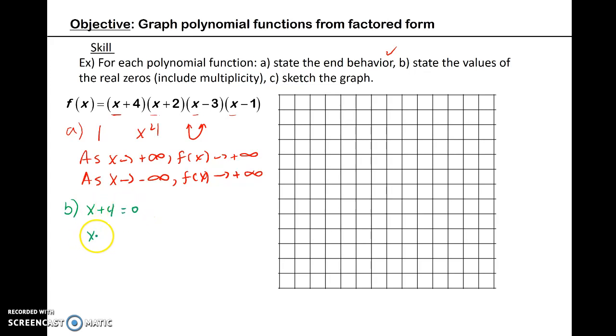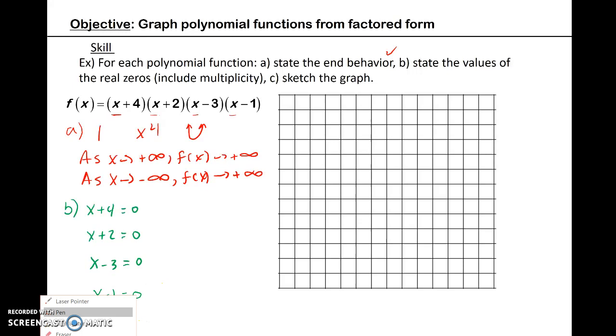I'm going to take x plus 2, set that equal to 0. I'll take x minus 3, set that equal to 0, and x minus 1, and I set that equal to 0. So what we do next is we solve